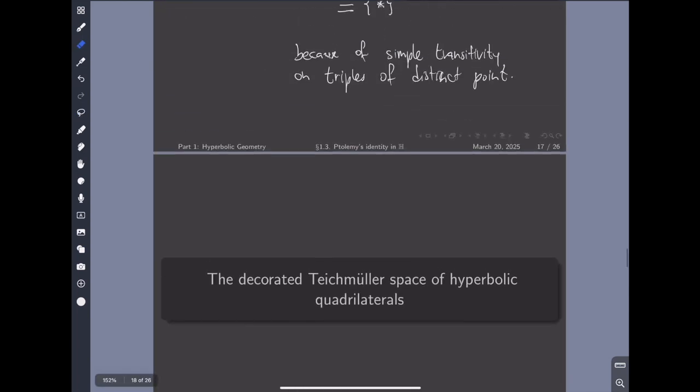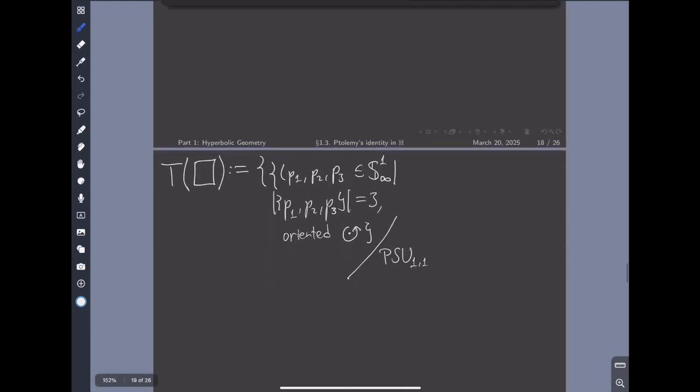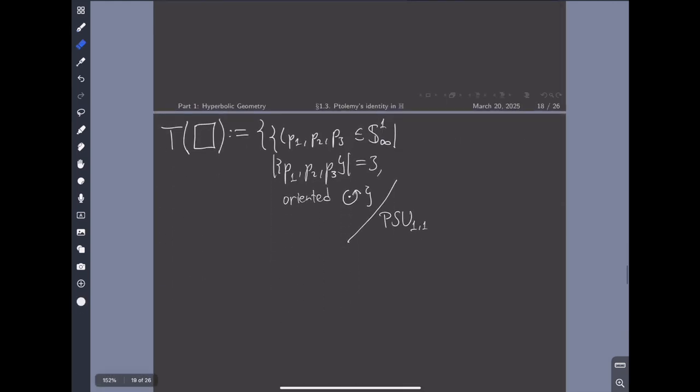And here, of course, it's not S1 to the third, it is S1 to the fourth. And then, of course, I'm kind of